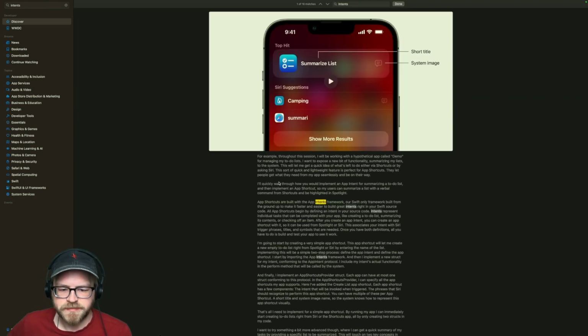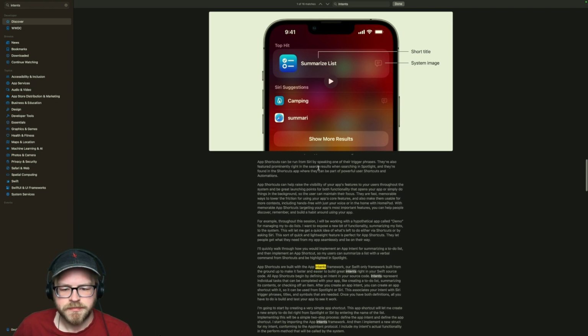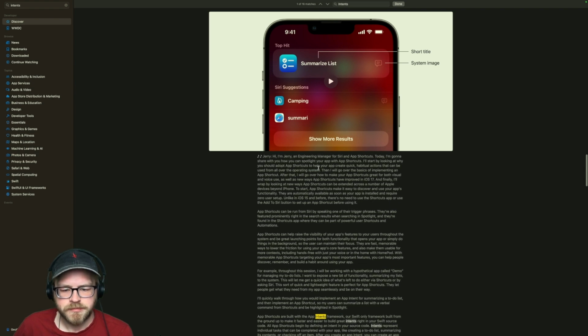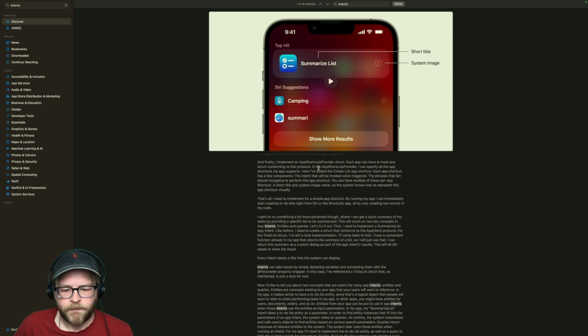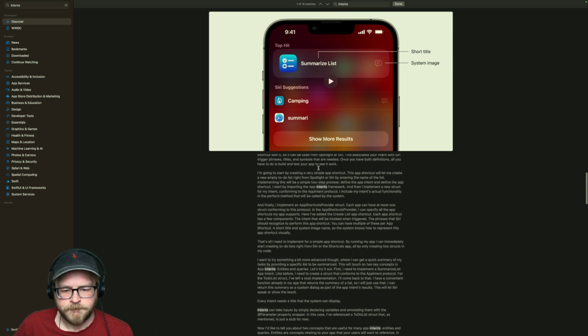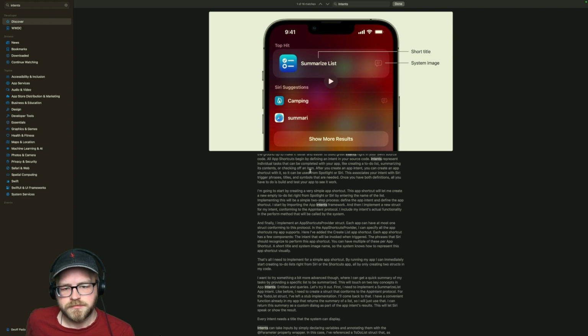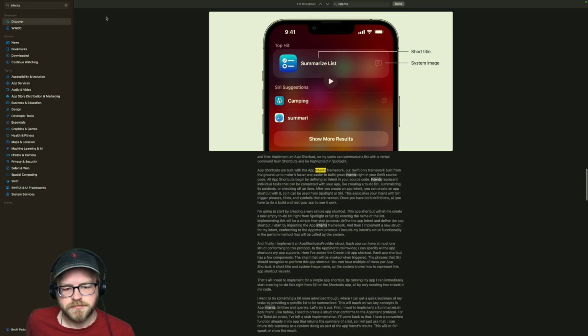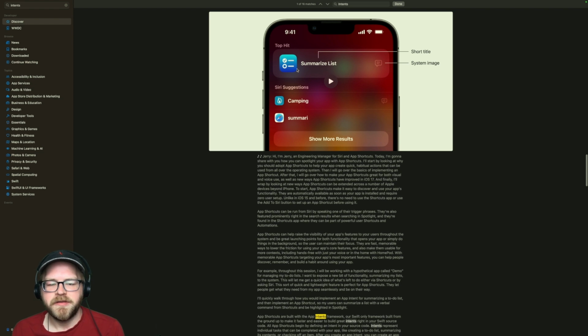Maybe it's this one. No, this is not at all what I want. I mean, this is useful, but it's not really what I'm looking for. This is useful for the other pages.